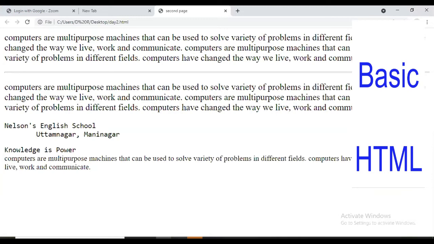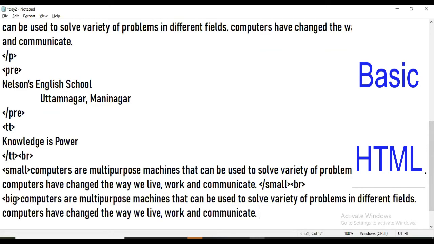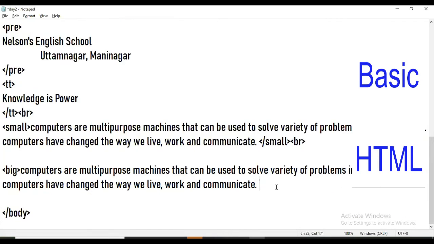Okay. Now there is a big tag, BIG. So when you want to show something bigger than the normal font, before that, let's put BR here and use BIG. Okay. Same content I have pasted here. Now see this, from here it is changing. It is the big one, the big tag. Close BIG.